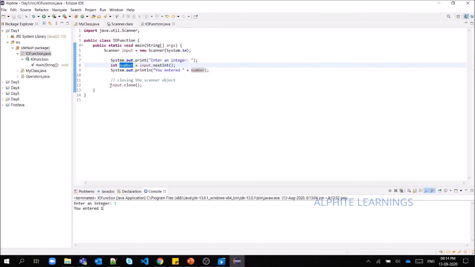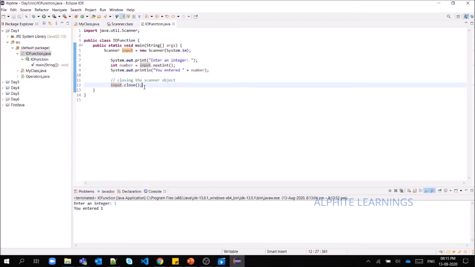Here, input.close means that we have created one object here and we are closing it. Even if you don't add this line, your program is going to run, but it is a good practice to close an object.